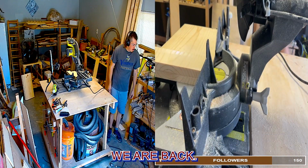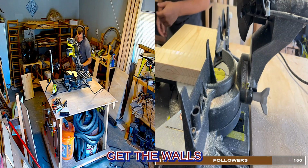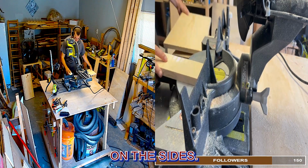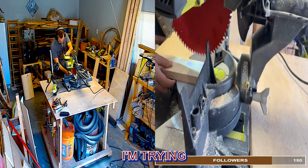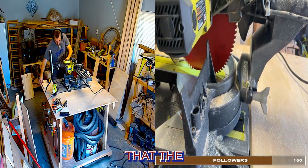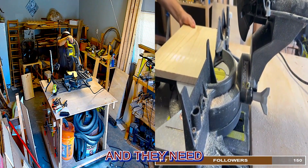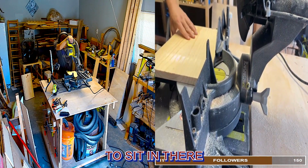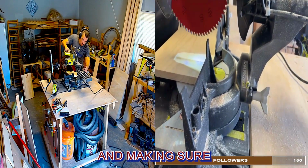We are back. The process here is I'm making sure to get the walls cut on the sides. The idea here is these pieces, I'm trying to match the height. They have a specific height to fit in the drawers that the barbers use. They use toolboxes, big old toolboxes, and it needs to sit in there just right. I have the height, I have the measurements, so I'm just cutting these up and making sure they're all the